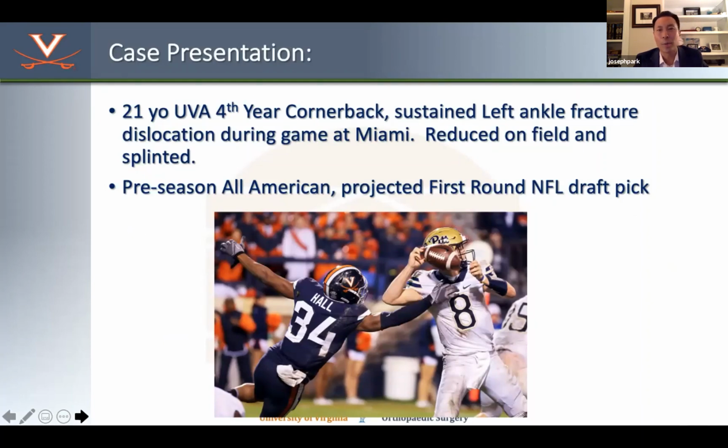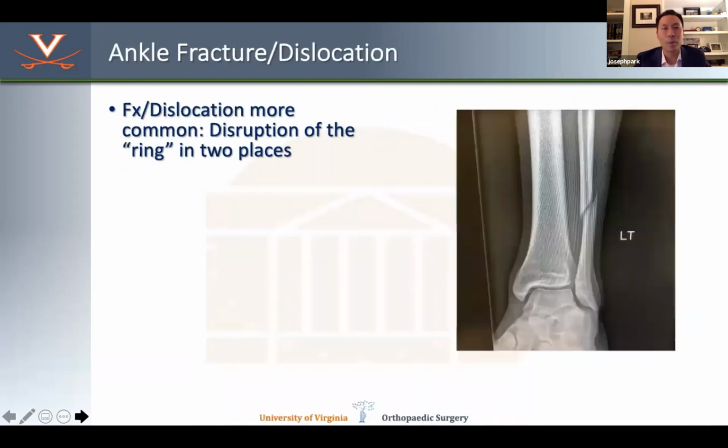He's a fourth-year cornerback who sustained a left ankle fracture dislocation during a game at Miami. He was reduced on the field by my partner and splinted. He was, of course, a preseason All-American, projected first-round NFL draft pick. And when you look at these fracture dislocations, it requires disruption of the quote-unquote ankle ring,